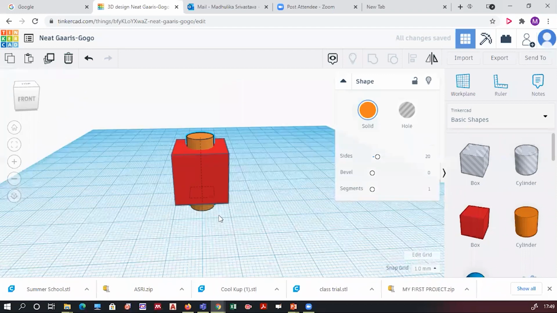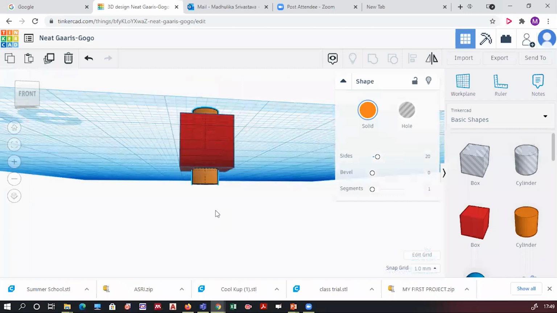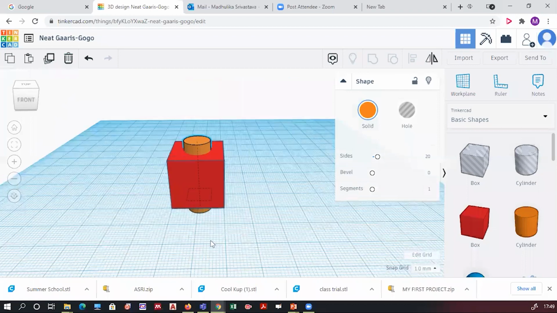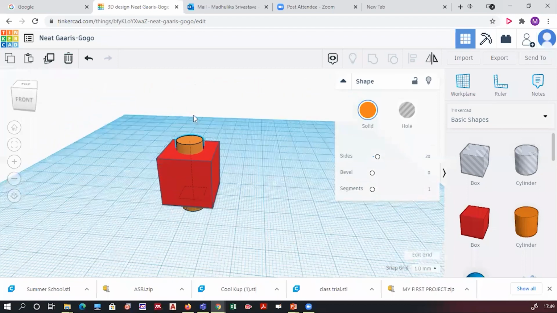If you rotate your screen, you will see that it appears like this. It will be crossing both the ends of this box, this block. All of you should insert this cylinder inside the block.